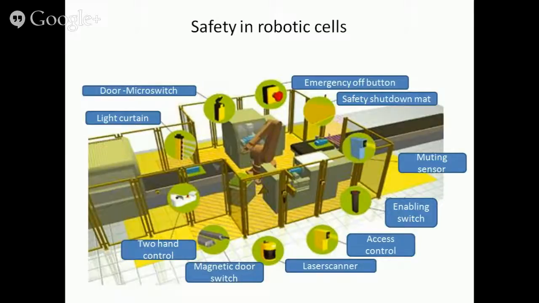This door is monitored by a micro switch. Next device is a light curtain, which is going to be explained later on, as is the case for all following devices. Next is a two-hand control, then a front door, which is monitored by a magnetic door switch,